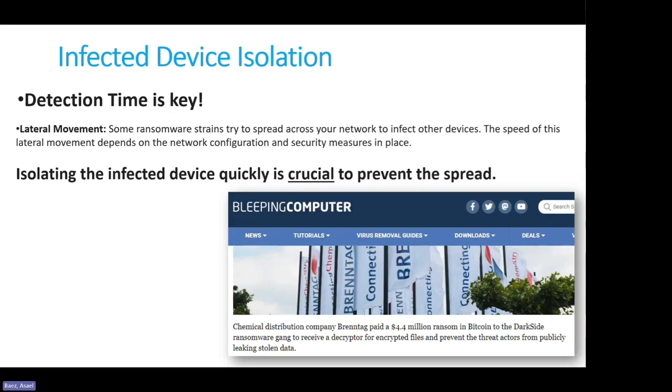So usually what happens is we have a device that becomes isolated, and if we are not enabling data isolation, this is usually what could happen. I was working for Brenntag years ago when this happened, and I have gone through the nightmare of being hit by ransomware, and it's not a funny scenario.